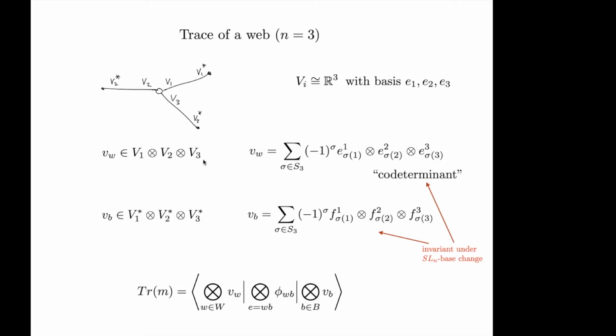And in that tensor product, I'm going to choose a particular vector, which is called the co-determinant. And here's the definition, right? It's defined in terms of the tensor products of the basis vectors. And in this case, there's 6 terms, one for each permutation in S3, and with a signature. And the terms are just E11, E22, E33, and all permutations of